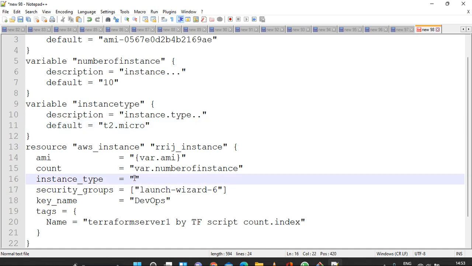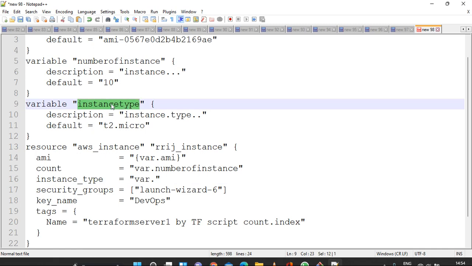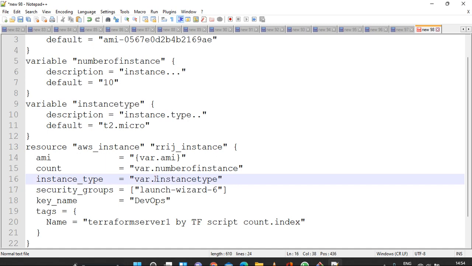And what I need to write here is var dot instance type. Like that you can put.